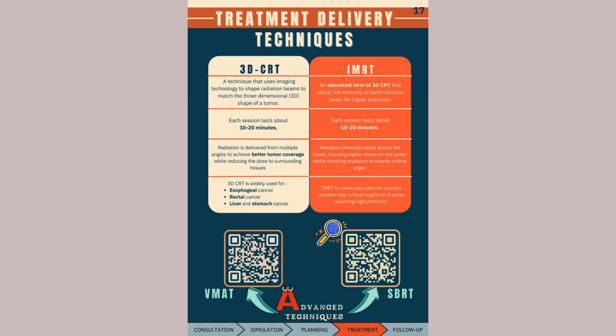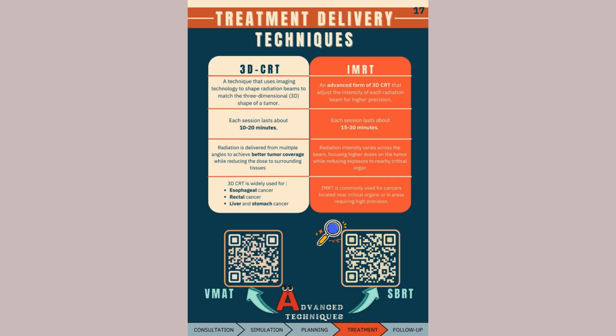In 3D CRT, radiation is delivered from multiple angles to achieve better tumor coverage while reducing the dose to surrounding tissues. 3D CRT is widely used to treat esophageal cancer, rectal cancer, liver, and stomach cancer,